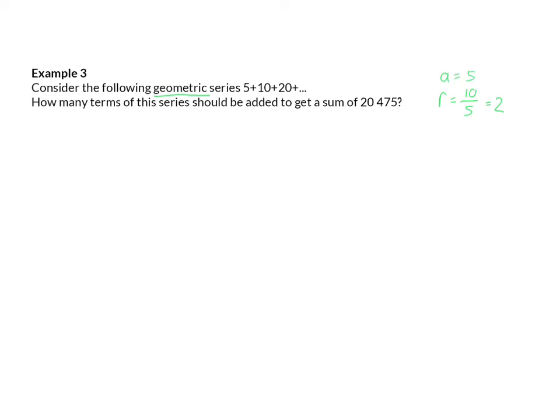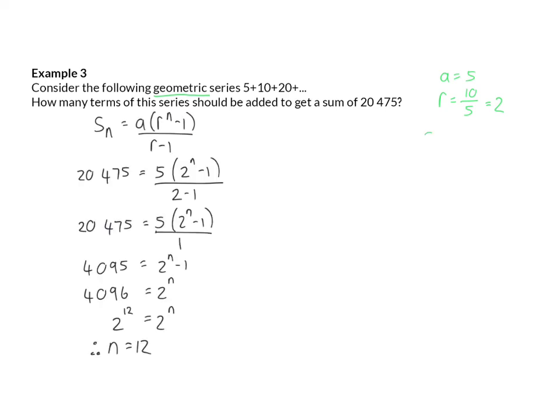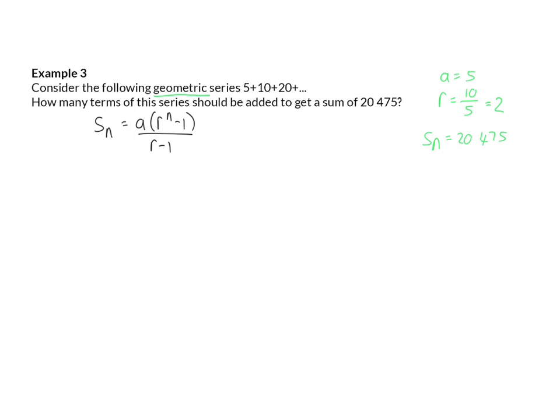And in this case, we need to calculate the number of terms, but we know that the sum is 20,475. So now we go and substitute into our sum formula. We know the sum should be 20,475. A is 5, the constant ratio is 2, and we divide that by 2 minus 1. So now I can go and simplify my denominator to 1. And next I need to divide by 5 on the left to get rid of the 5, and that will give me